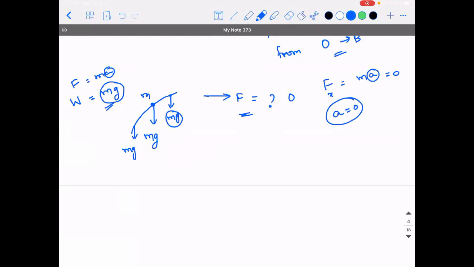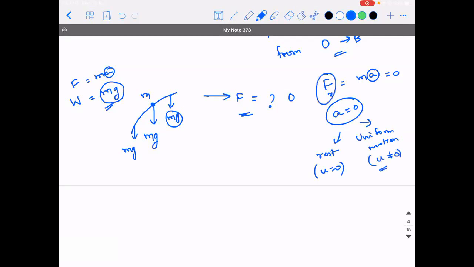But we need to answer one question. When I say acceleration is 0, does that mean that the object is not moving at all? No, sir, it is in uniform motion. That's what we discussed in the previous chapter when we drew the graph. So acceleration 0 means the object can be at rest or in uniform motion. When will the object continue to be at rest? That's what Newton's first law says. When the velocity itself is 0. It will be in uniform motion when the velocity is not 0.